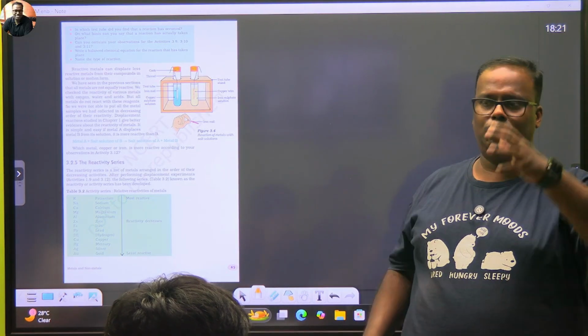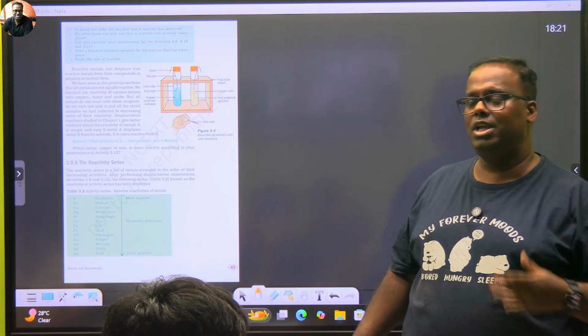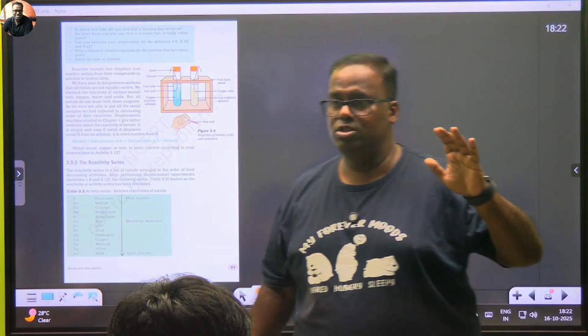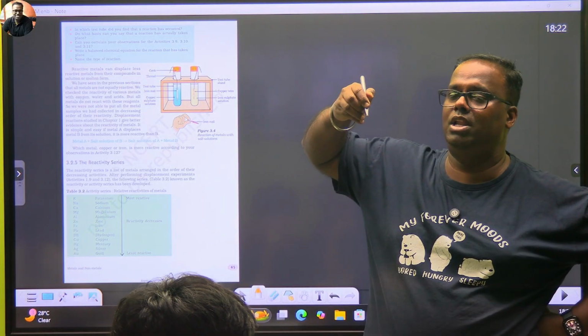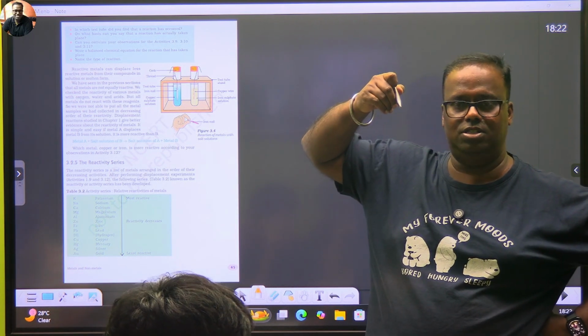So you have copper sulfate, which is actually blue in color, and you dip a zinc strip into it. Then what are the reactions? What are the observations you'll find? The blue color of copper sulfate will go away because now it has become zinc sulfate, and copper was released. So you'll see some goldenish layer forming on the zinc strip. That is nothing but the copper which is getting deposited on the zinc strip.